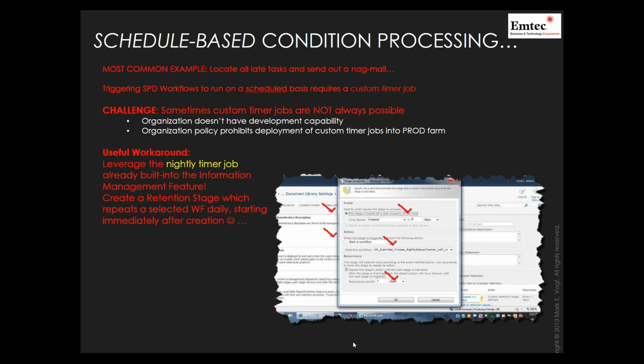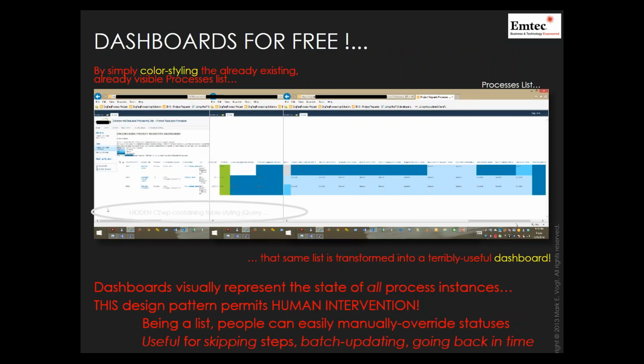Basically, the sky's the limit on what we can actually accomplish. 12:57, I'm in the home stretch. One thing that you get out of this is the ability to see all of the status in your processes list. The processes list actually becomes a dashboard that you can color code all of the different statuses all along the way in your particular process, and at a glance be able to say, oh, this one's already done, this